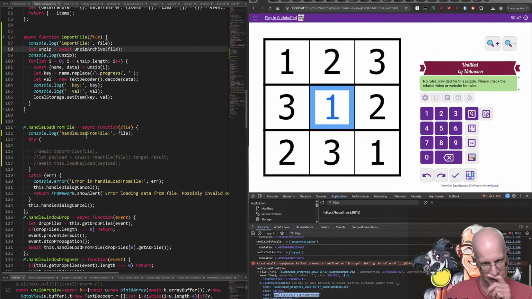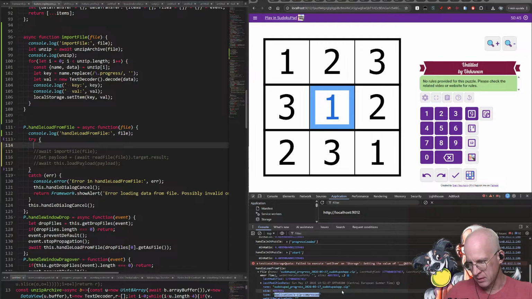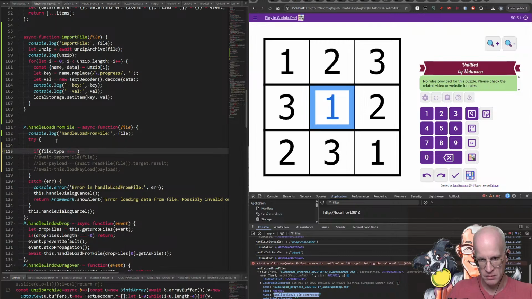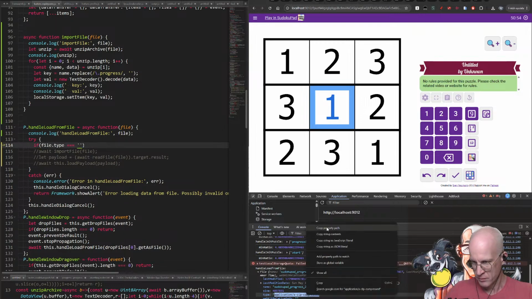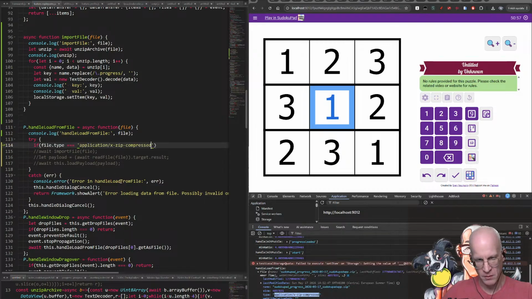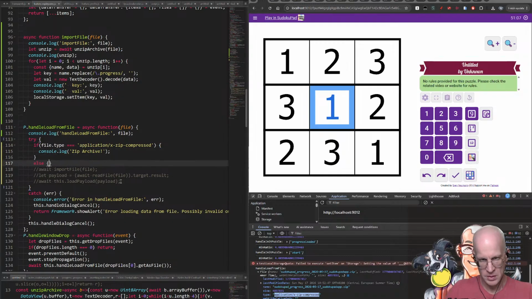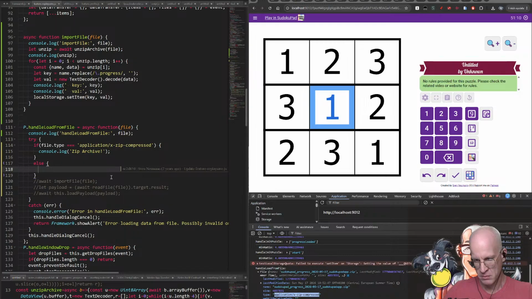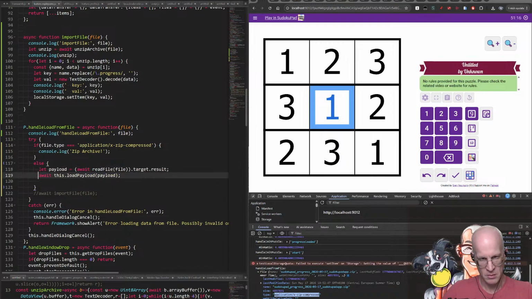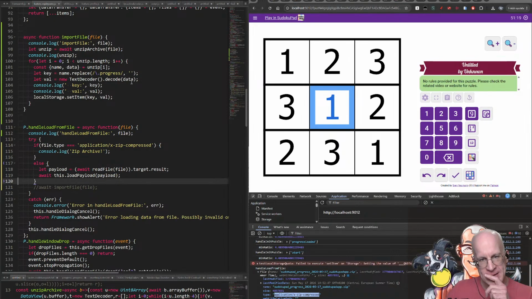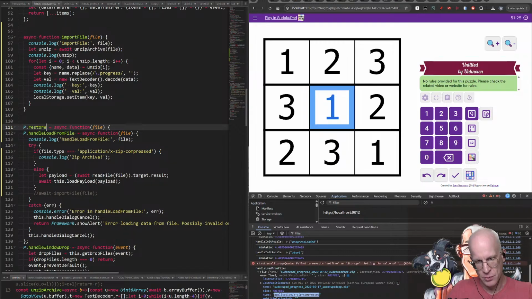And we'll say if file.type is this, boom, console.log zip archive, boom, else we'll do this. Right. And then we'll say restore